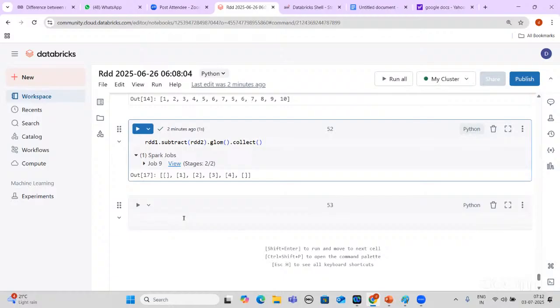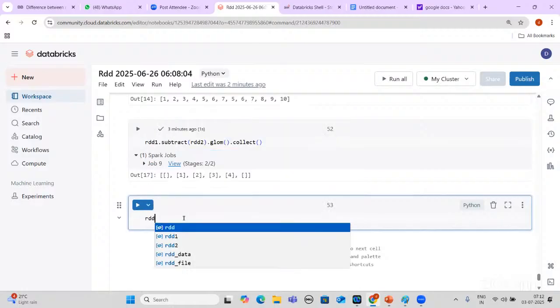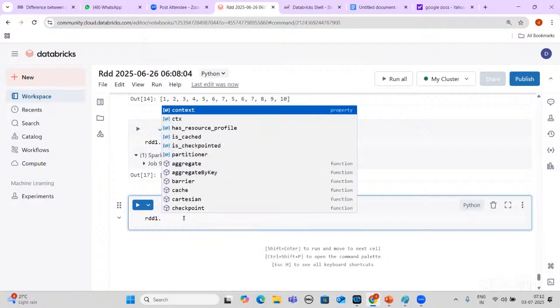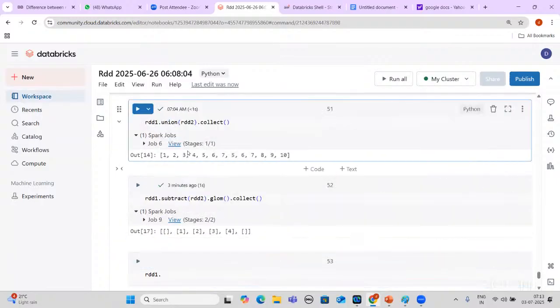Let's try to create one distinct function, then let's check how it is doing. Where will we use the distinct function? If we are having duplicates, you need to remember. In union, we are having duplicates, right? Yes, we are having duplicates.